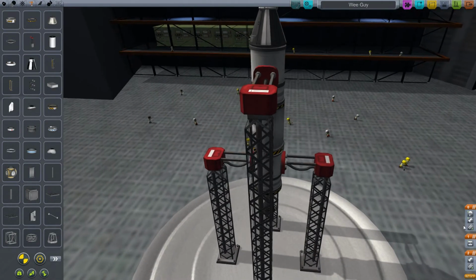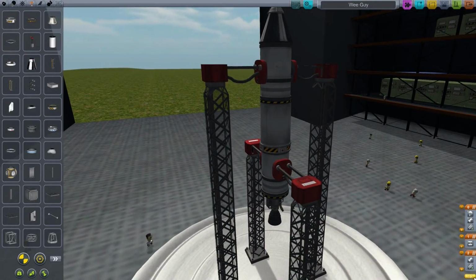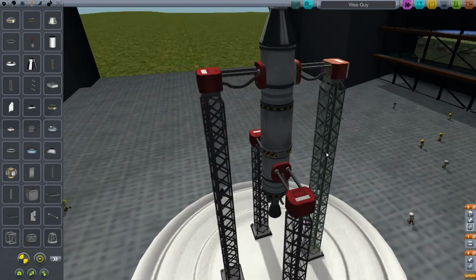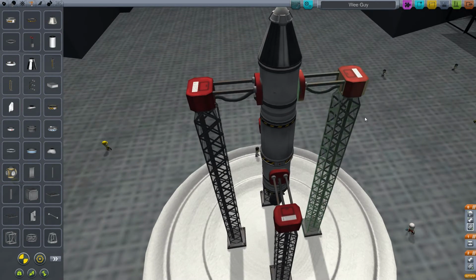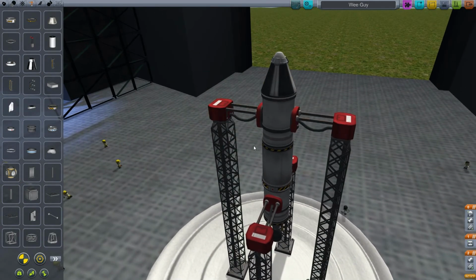You'll notice that the support thing for these has been moved up to this top stage, and is not down here with the others. That in effect means that when I launch this and press the spacebar to start up my engine, only these two bottom clamps will unclamp, and I will still be held on the launch pad by these two clamps. And it's only when I get to this final stage will it release these clamps,